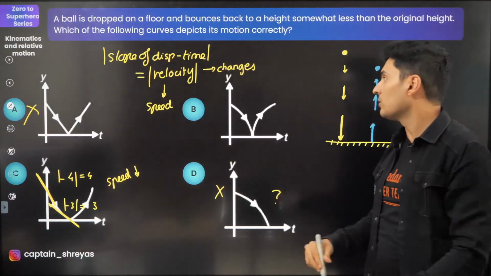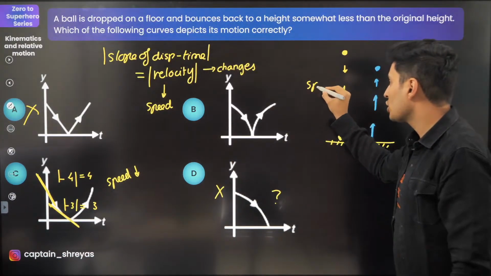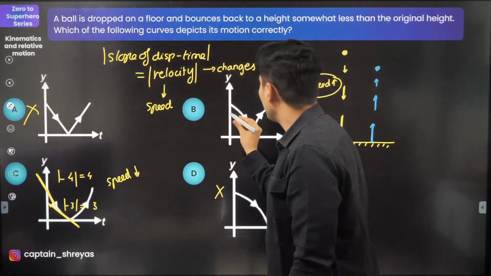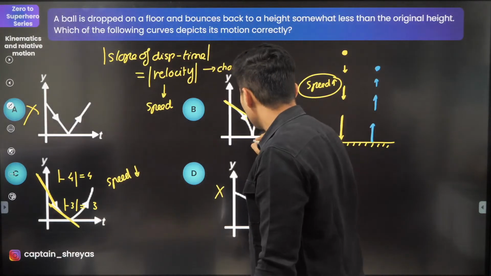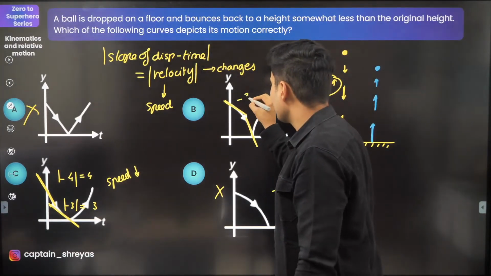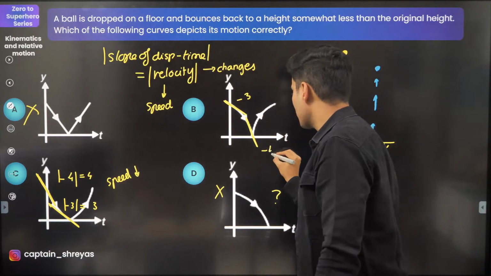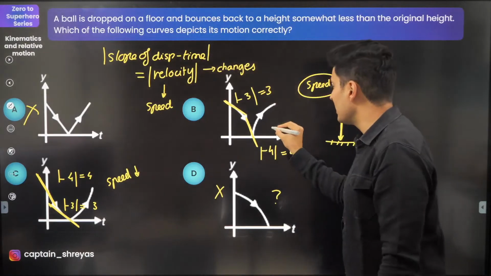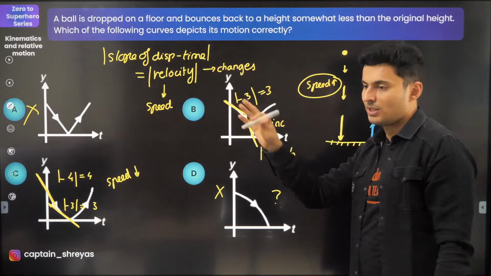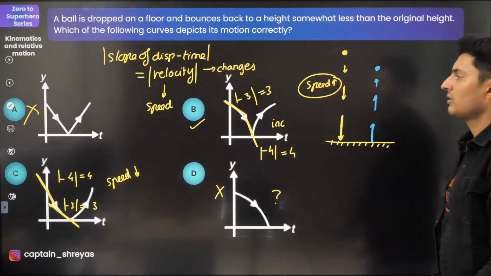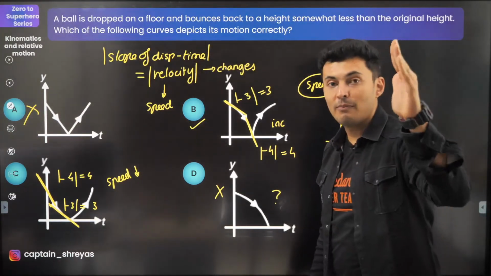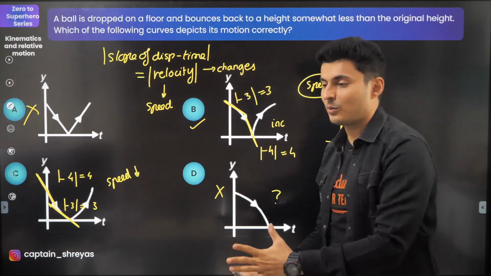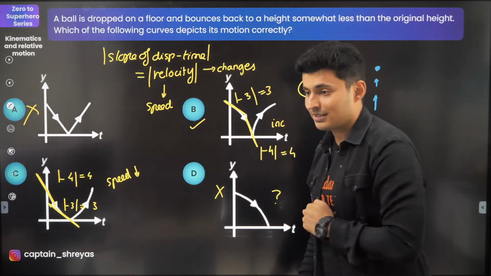That is definitely not the case, because I know speed actually should increase. Speed should go up. If you notice here, if I draw a tangent here and here, let's say the slope is -3. Here it is more negative, it's -4. Magnitude wise, which gives you the speed, it has definitely increased. So this should be the correct graph. Option B it is. Understood? So the magnitude of the slope, which is velocity, is magnitude, gives me speed. That's the understanding required. Otherwise there is hardly any difference.